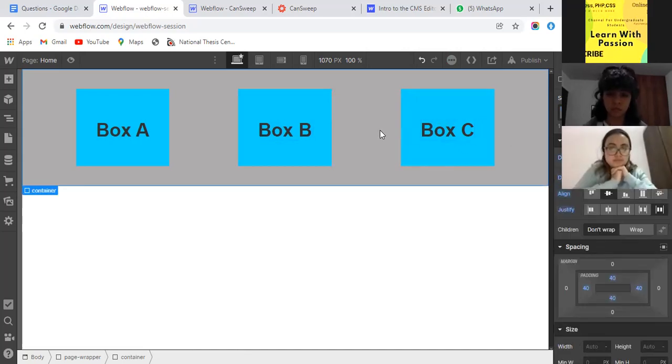We also have another way to develop the same layout, and the other way is the CSS grid. From the display, I selected the Flexbox layout. We have another option, the grid layout. This is the third one, the grid layout.